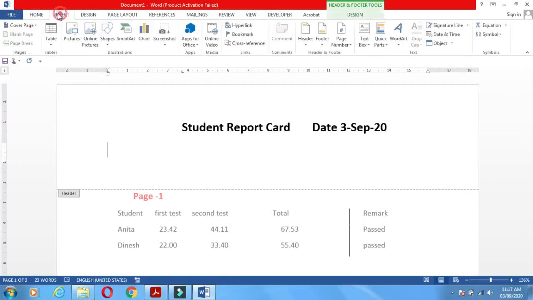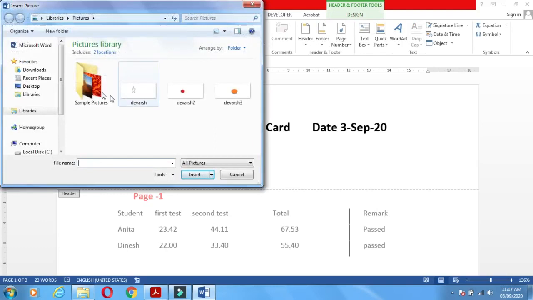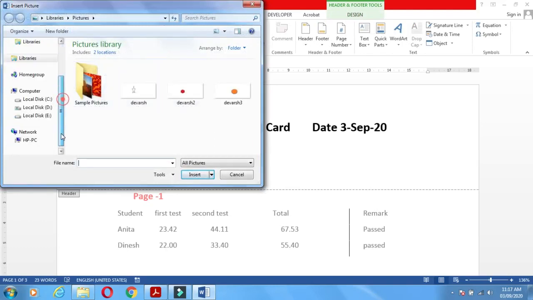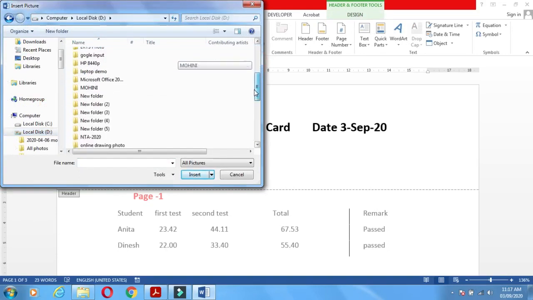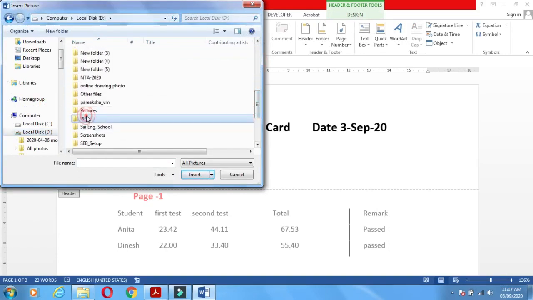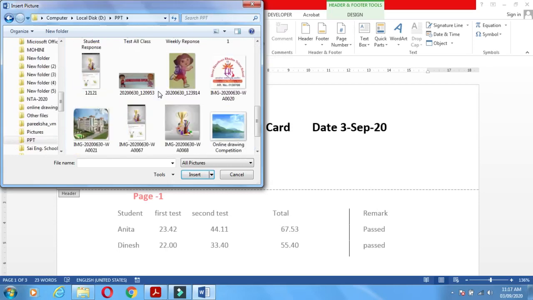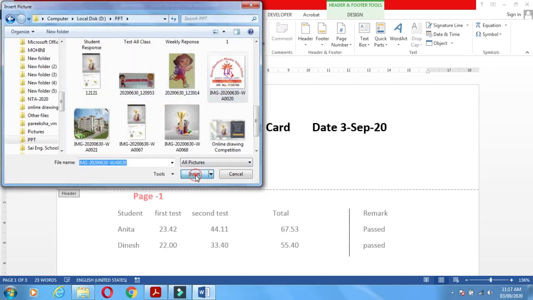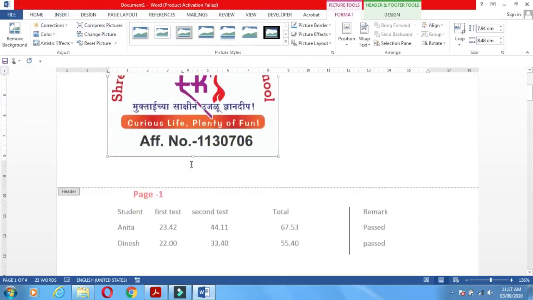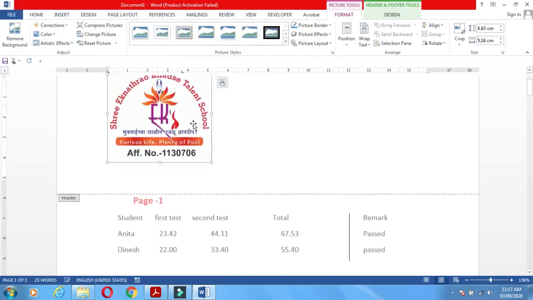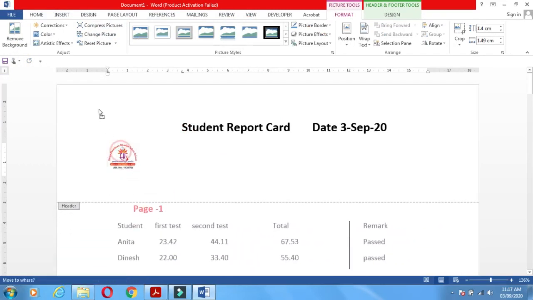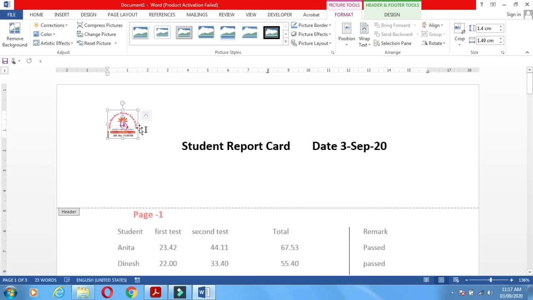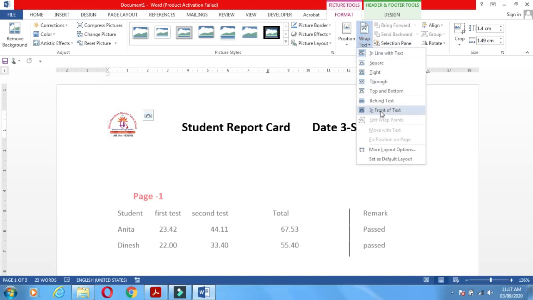We can go in the insert picture, then we go here, we choose any picture from your computer. In this way we can apply logo, your company logo, your school logo, in your header.